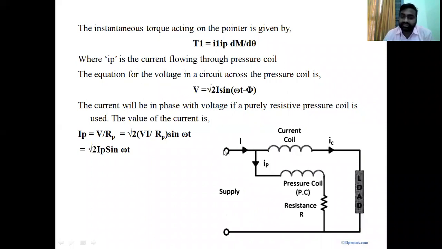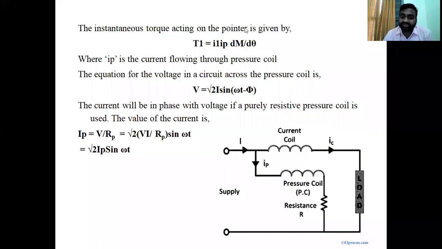Okay, in order to find the torque, what is meant by torque? Torque is nothing but a twisting force. Where can we observe the torque here? The torque is the mechanical work done by the electrodynamometer type wattmeter instrument. There is a magnetic field created by the current coil and a magnetic field created by the potential coil. In between these two magnetic fields, the pointer will start deflecting. That deflecting force is our mechanical torque.